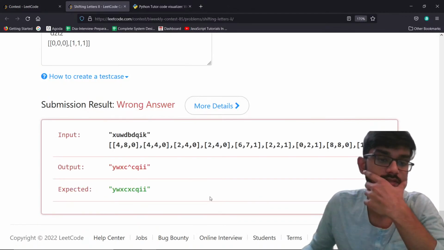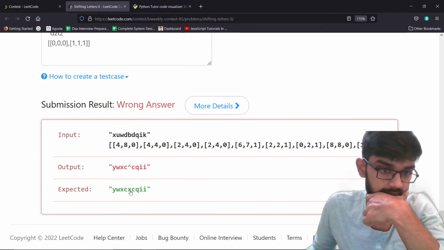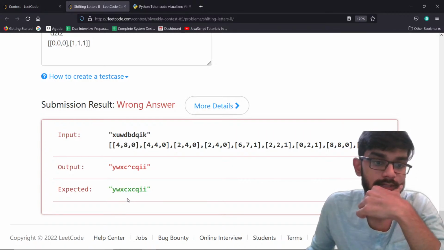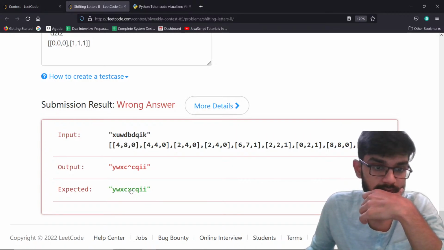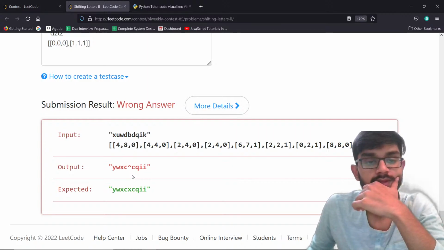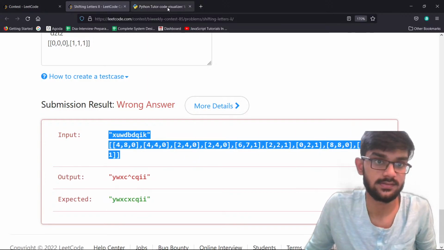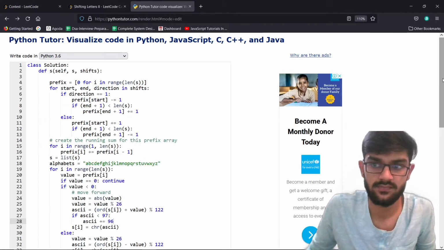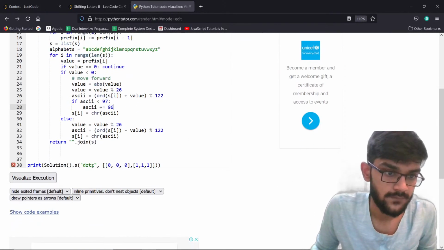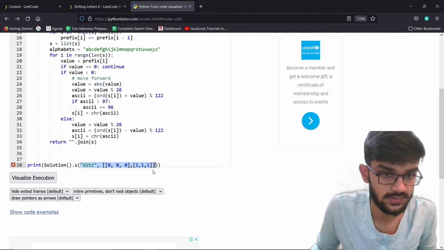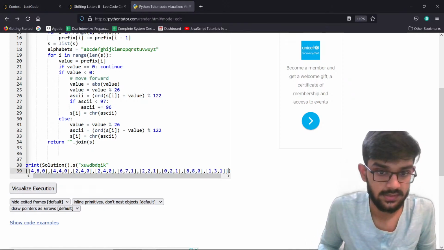Okay, we got a wrong answer here just because X was getting violated, right? YWXC, CQI is fine. X के लिए it's a problem, right? Let's see. What's the problem with this X thing? So it's very fine. It's not a problem. I think I can replace it here itself. Let's quickly get rid of that. Paste this, and